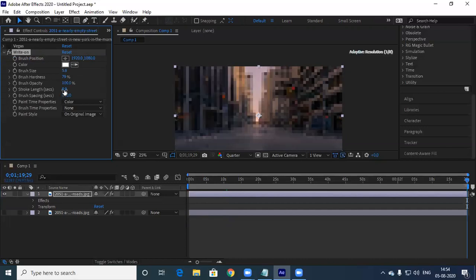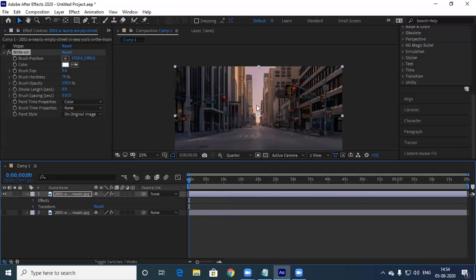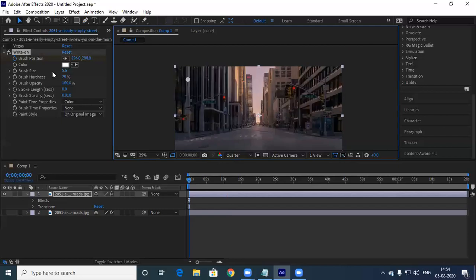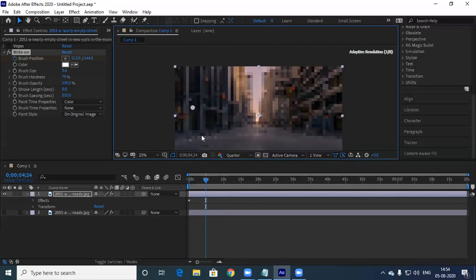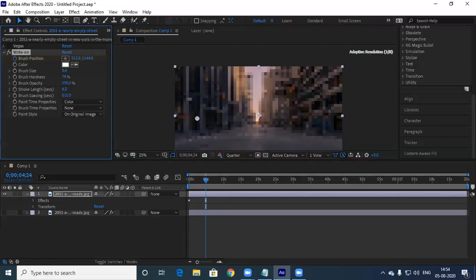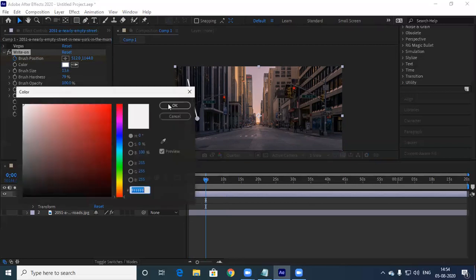I think there is the size. So come over here. So now key this brush position. Key this brush position and just move to 5 seconds. Okay, you can see things here. So stroke length, you increase the thickness, and brush size you can increase for this. Okay, color you can define, whatever color you want you can give.